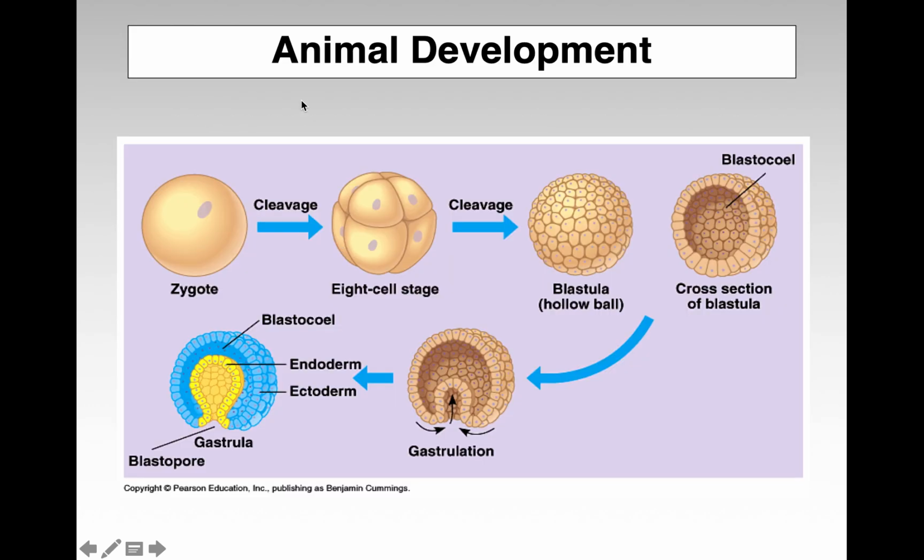Right? So in animal development, you should know that when sperm fertilizes an egg, we create a zygote, which is diploid. That zygote goes through cell division, or cleavages, to make 8 cells, then 16, then 32, and eventually you form a blastula, which is a hollow ball of cells with a blastocoel on the inside. After that, the blastocoel folds in on itself through a process called gastrulation, which creates 3 kinds of germ layers: the endoderm, ectoderm, and then eventually the mesoderm.